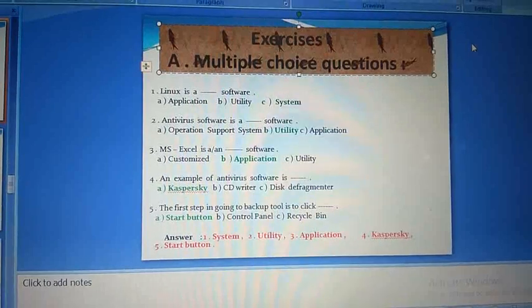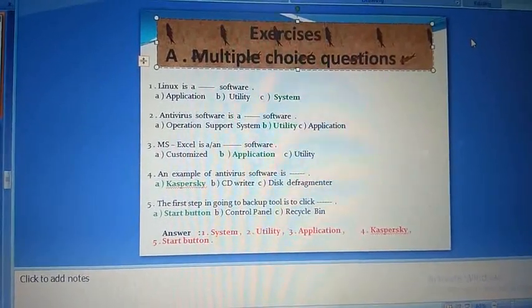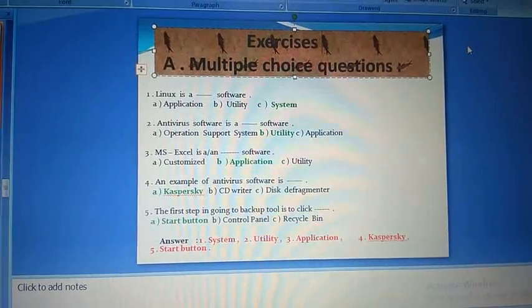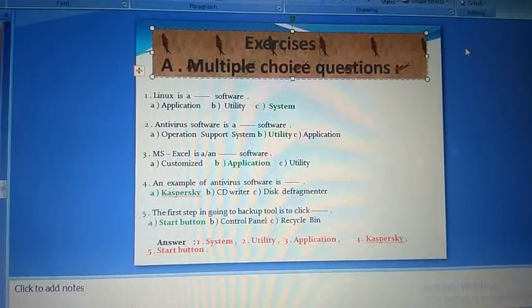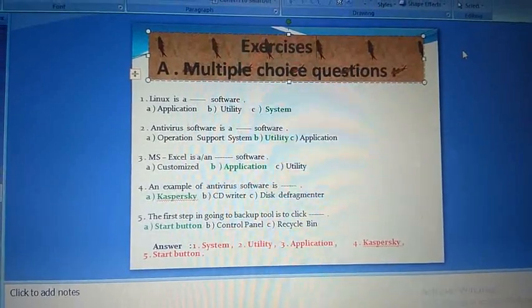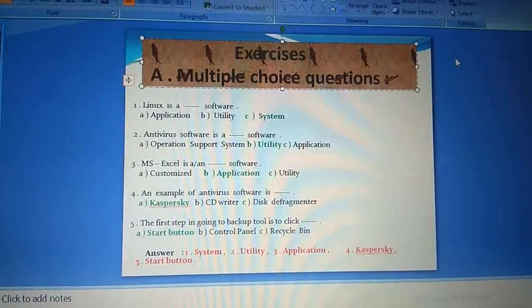Next one is exercise. First one, multiple choice questions. First one, Linux is a dash software. A, application. B, utility. C, system. The first answer is system.